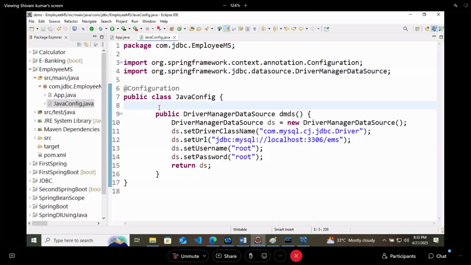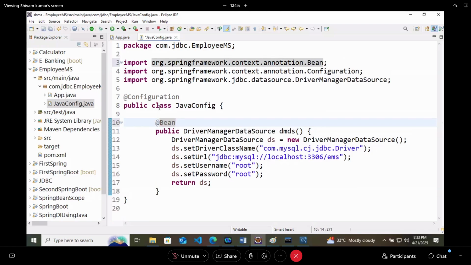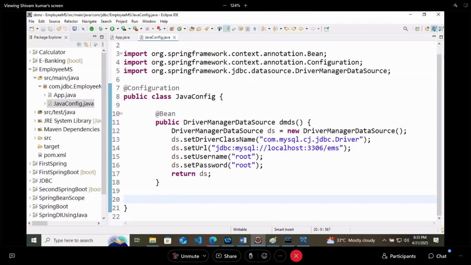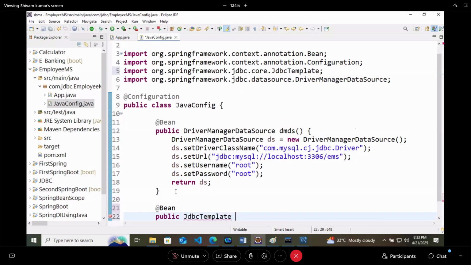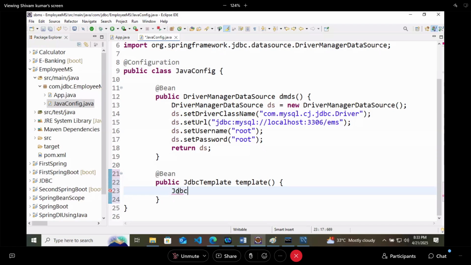Now it should be a bean. So I will annotate this method with @Bean. Now we should have one more bean as well. So I will say @Bean for public JdbcTemplate, and again we will create the object of JdbcTemplate, jt equals new JdbcTemplate.